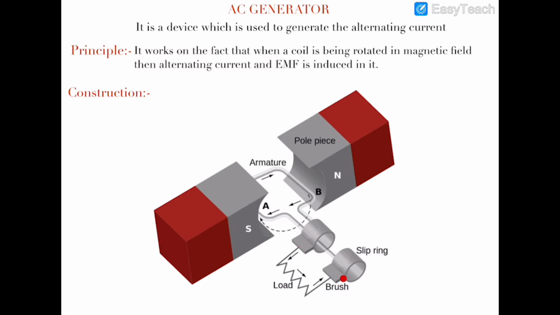And these rings are connected by a load resistance. Load resistance is a high valued resistance which is used to convert the induced EMF into current. So when this coil rotates in the magnetic field of these poles, then alternating EMF is being generated in this coil, and I will show you how. Now when this EMF is applied across this load resistance, then some current flows into it, which is alternating in nature. Now I will show you how alternating EMF is being generated.